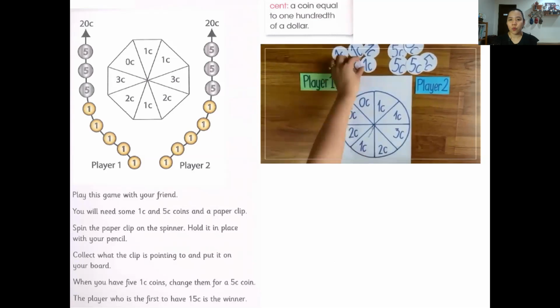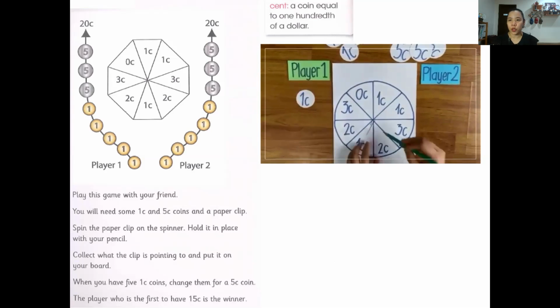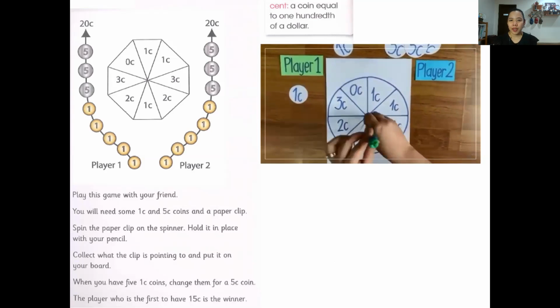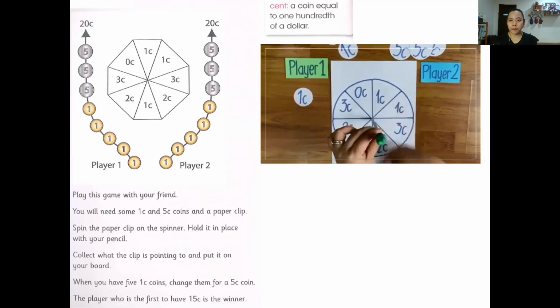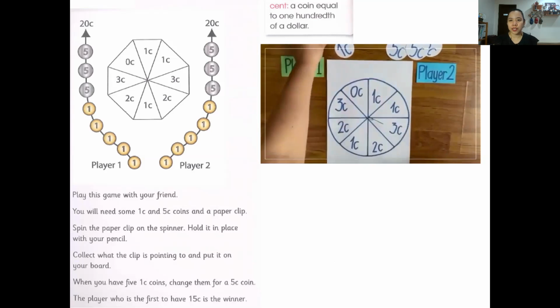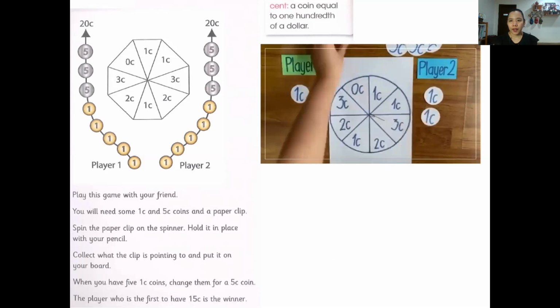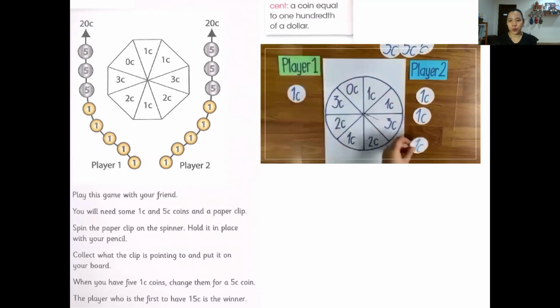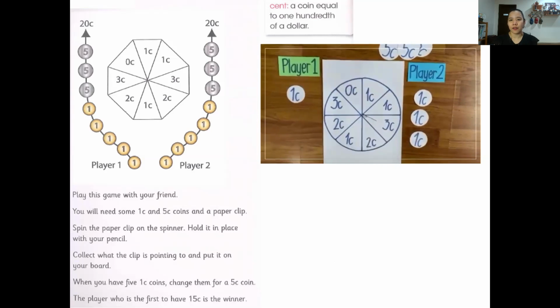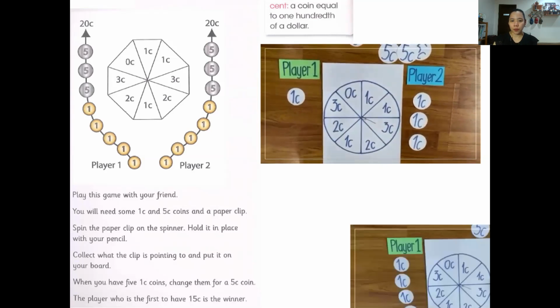And if it points to 1 cent, then you get 1 cent for yourself if you are player one. And if your mom is player two, for example, and it points to 3 cents, you are going to put 3 cents there in player two's board. There. So you are going to play that way